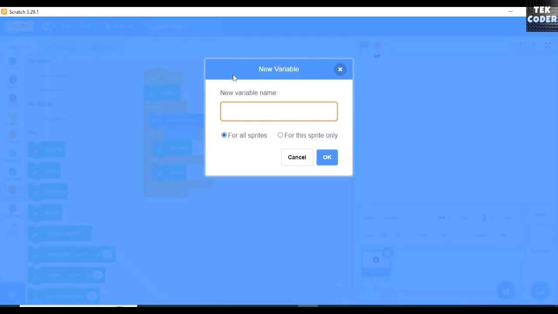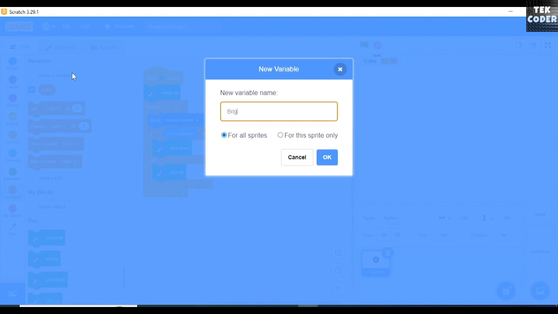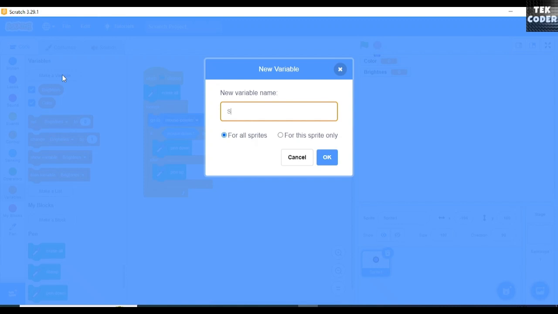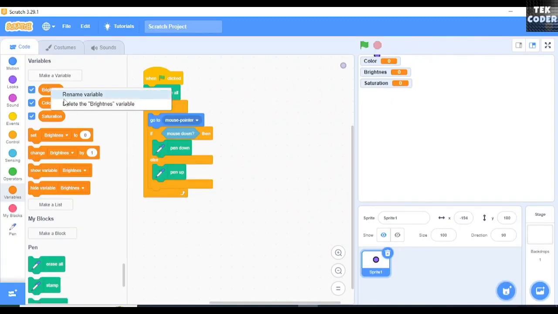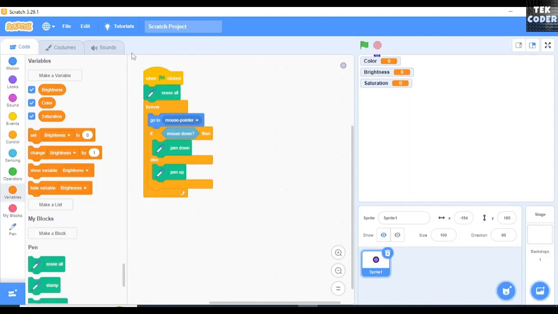So first let's do color and then brightness and then saturation. Okay, so make sure to show them and then change them into sliders by right clicking them. And then after you do that,